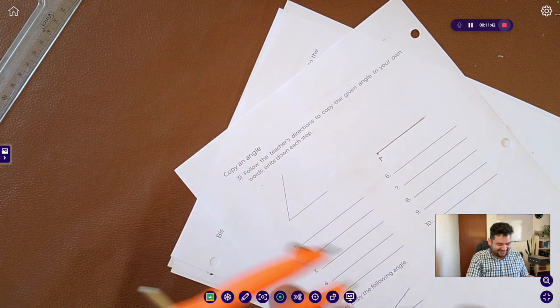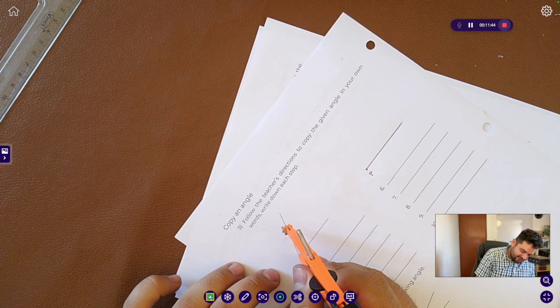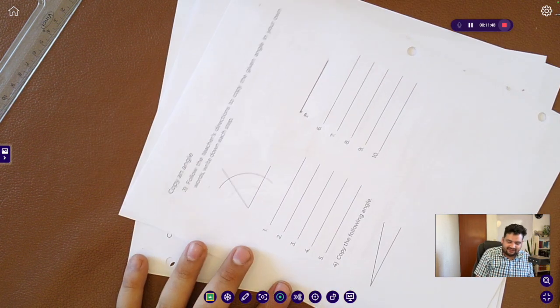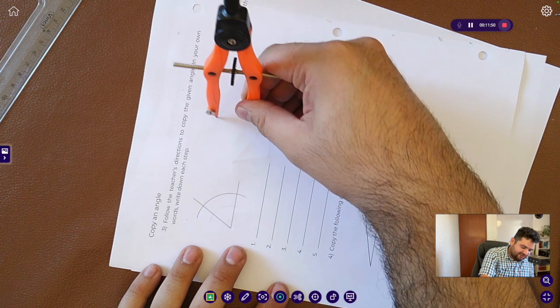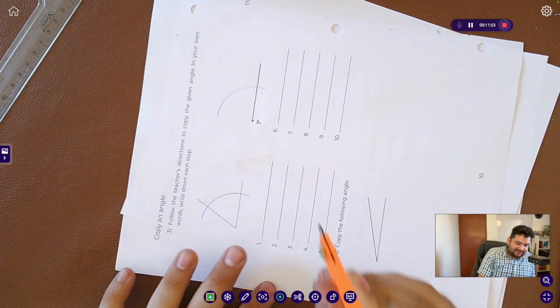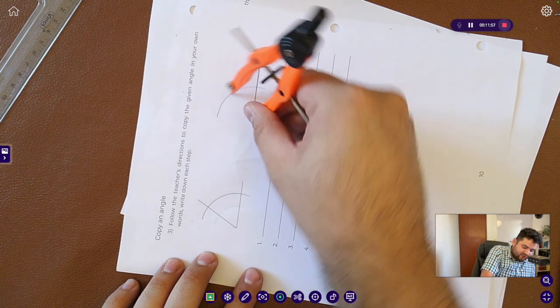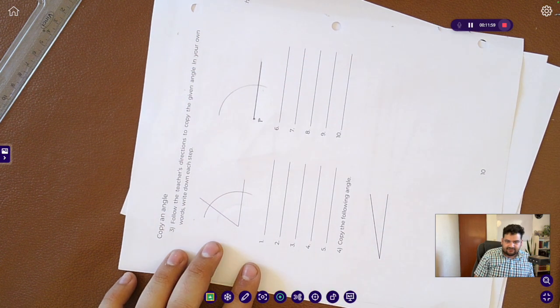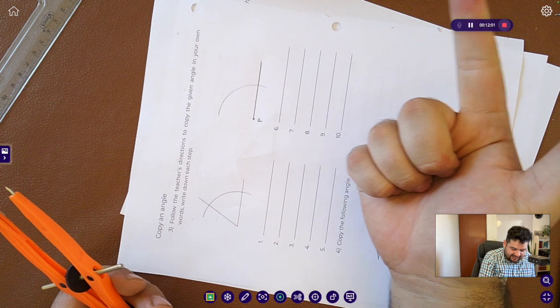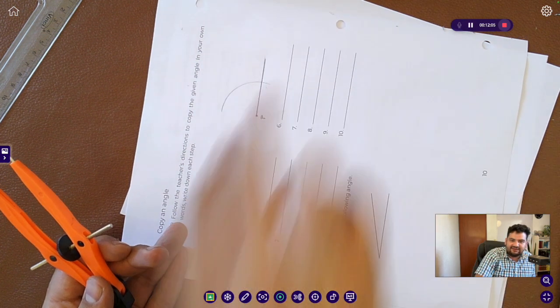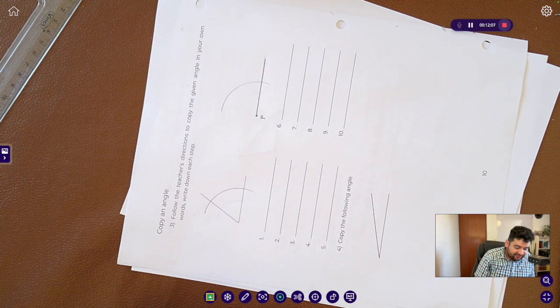Okay, then point, ray. You draw an arc, any arc. You decide the length. Draw an arc with the same openness. You draw an arc. Okay, so point, ray, any arc. And in the copied angle, draw an arc. Third step,